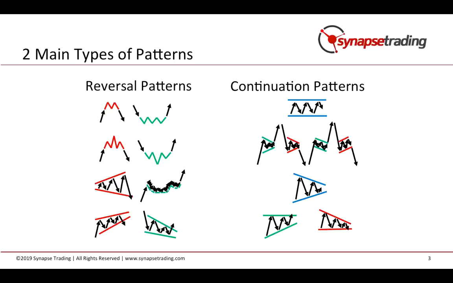As I mentioned in my previous videos, there are 2 main types of price patterns, the reversal patterns and the continuation patterns. Traditionally, if you have read books, they classify the rectangle pattern under the continuation patterns. But this is not always entirely true, as later on you will see during the strategies. It really depends on the context of the pattern, because the rectangle pattern can also serve as a reversal pattern. So you need to look very carefully at the additional factors that will help you decide whether you want to trade it as a continuation or a reversal pattern.